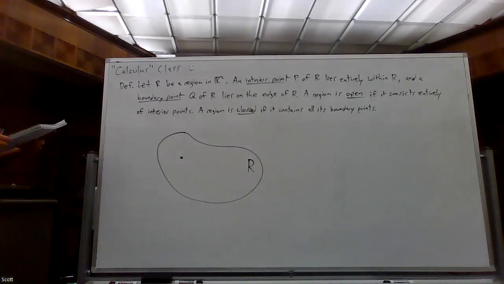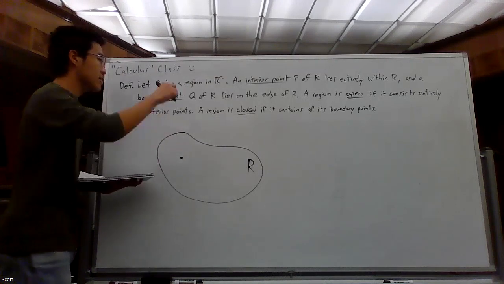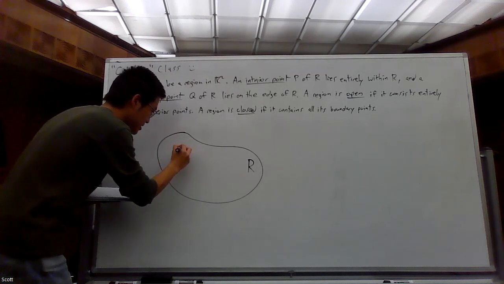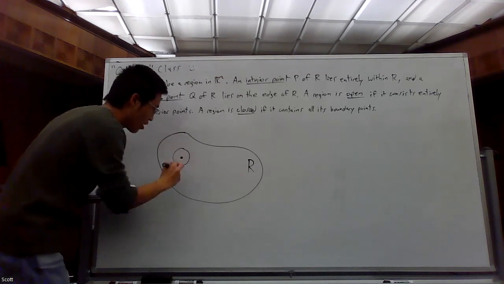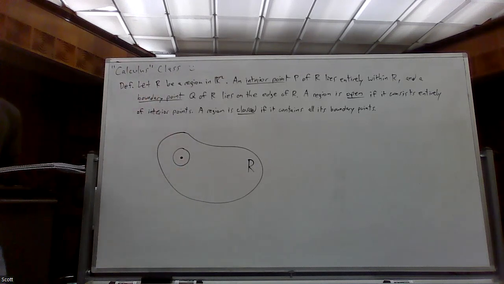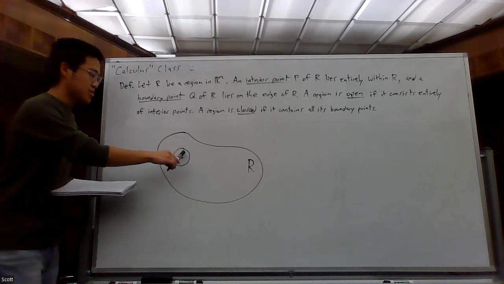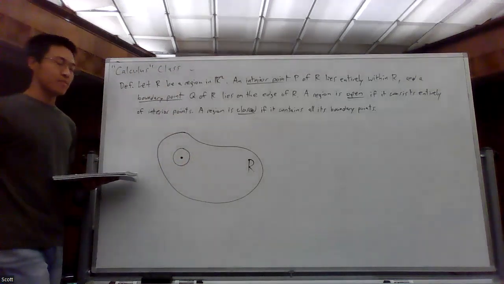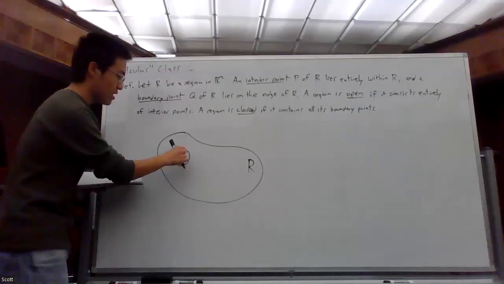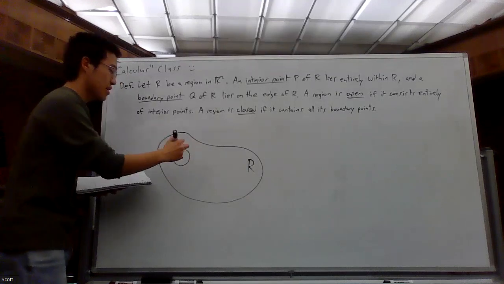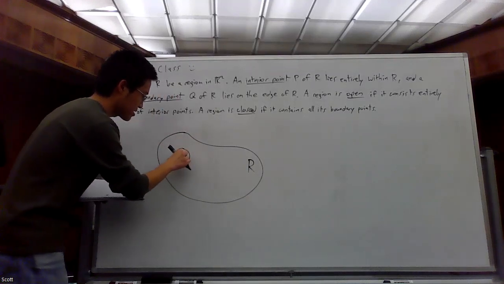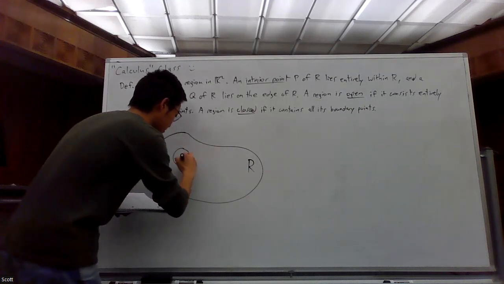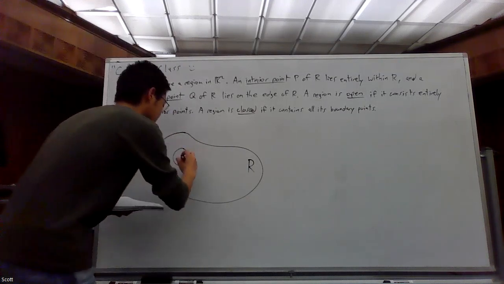Now, I'm not going to show you the whole thing, but the hint at how we formalize this idea is we say, for all circular regions around the point, such a subset will only contain points also in R. So that's how you can know it's in the interior, because no matter how small I make the circle, there's always going to be one such circle that will only contain points in R. So this is interior.